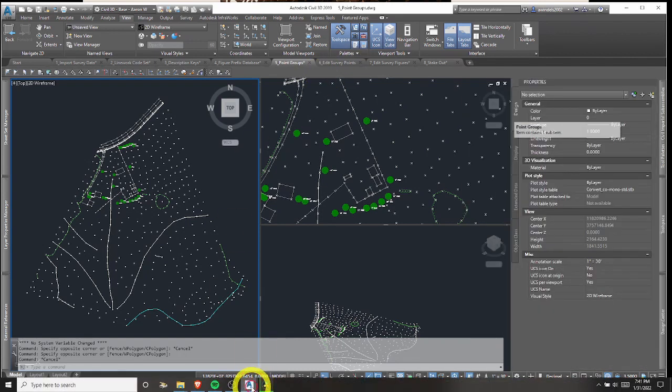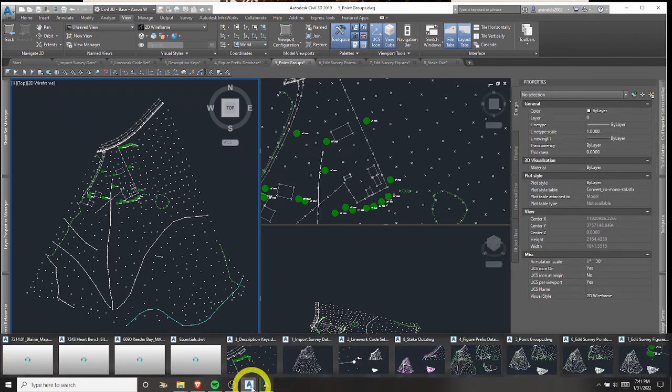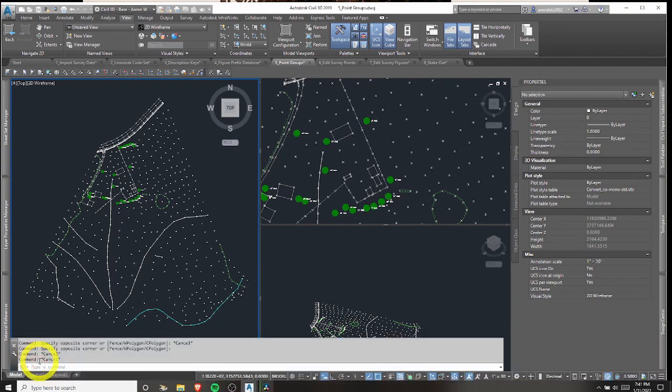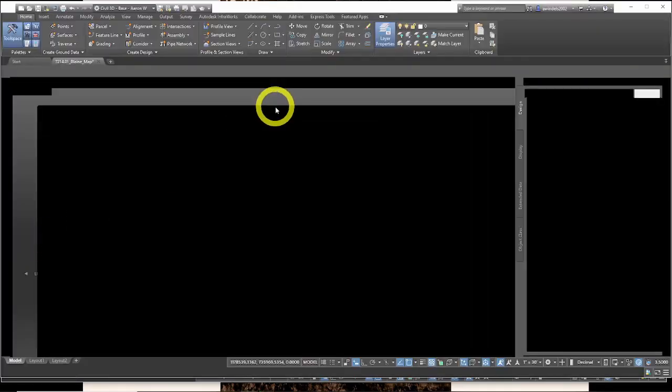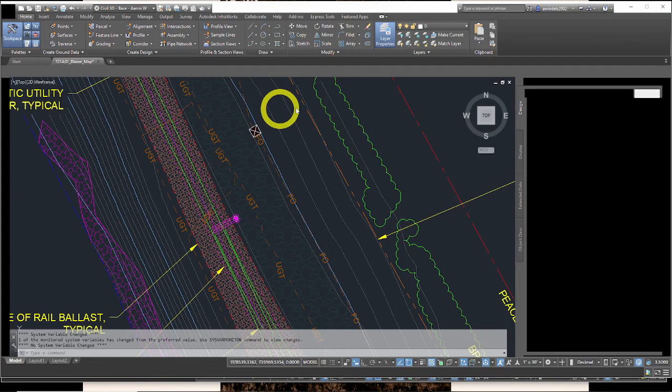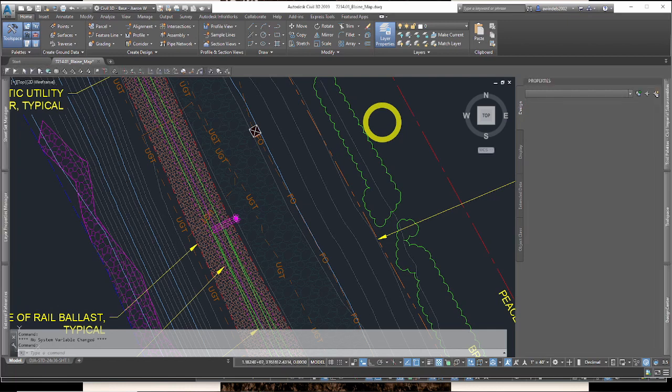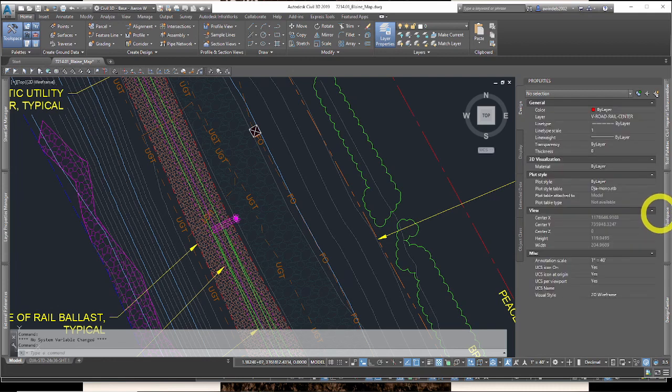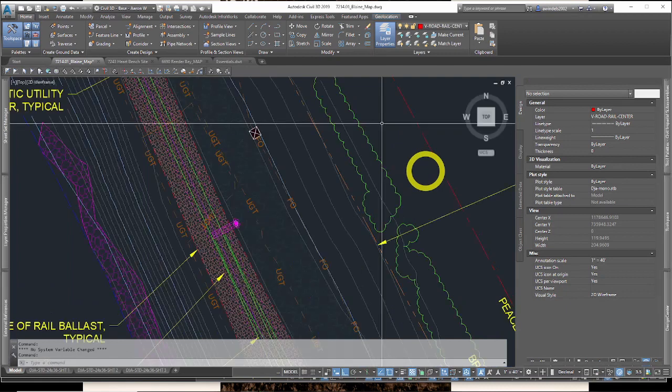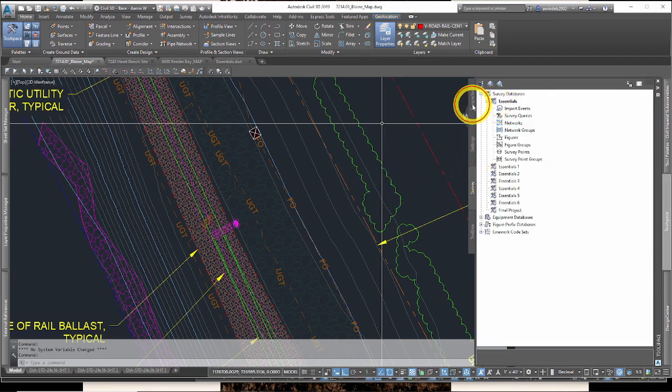So if we go to, this is AutoCAD 2019, so I can get the survey database to work. Bear with me for a second. In my other drawings, in a more standard drawing from a work file of mine, we have different point groups in this given file. We go to tool space. Bear with the speed of my computer right now. If we go to tool space, and Prospector,